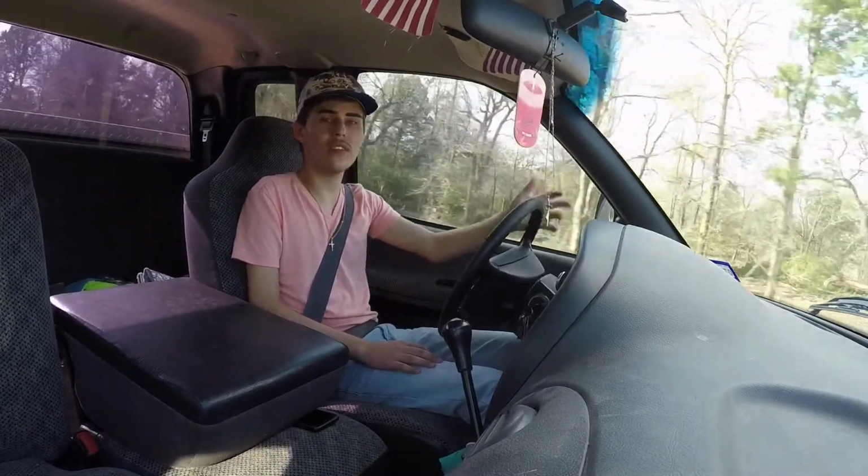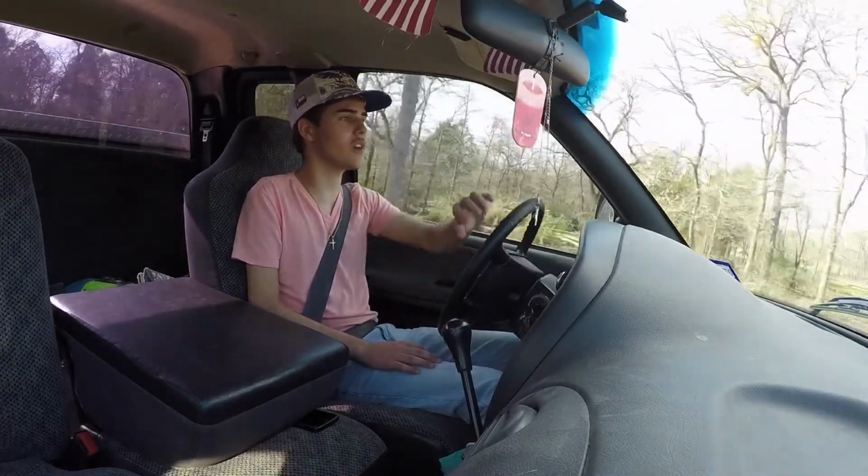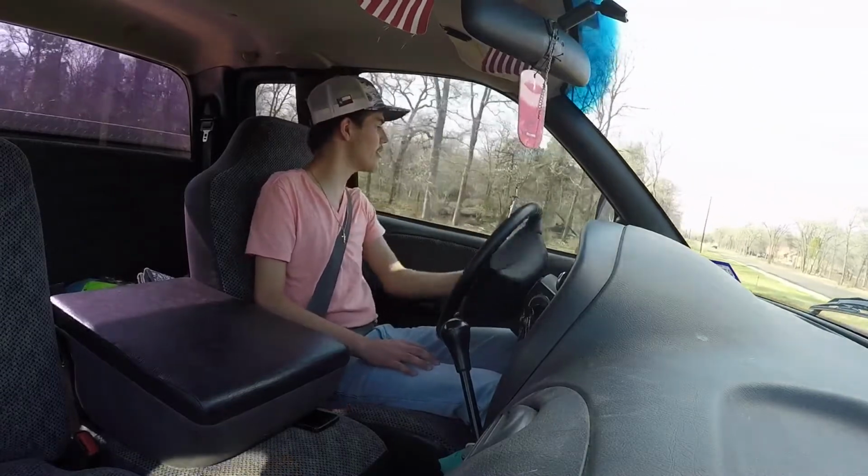So yeah, I'm able to drive a standard vehicle with one arm. So it's really not difficult whatsoever. It's just a matter of